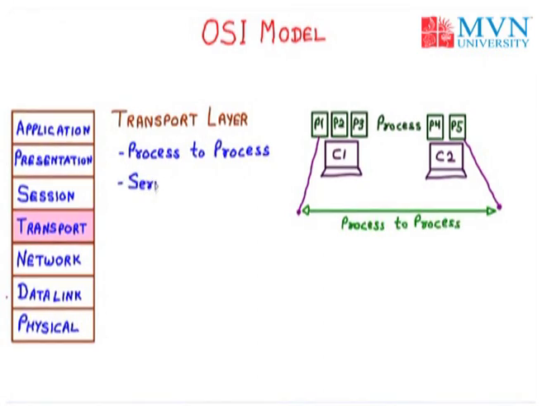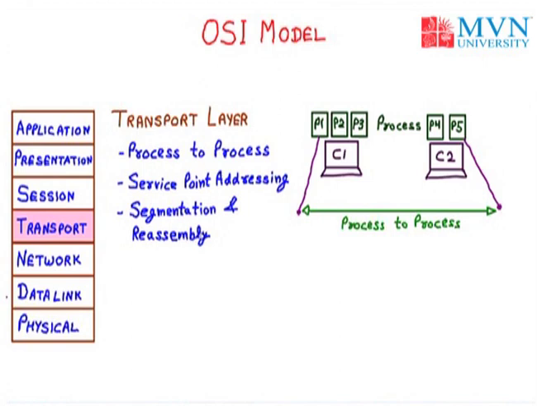The next function of the transport layer is service point addressing. It provides particular services with the help of the transport layer. Then we have segmentation and reassembly, which means the transport layer divides the data into proper segments, and when they are sent to the destination, it reassembles them. Next we have connection control. It controls the particular source to destination connection, which is made by an administrator or maybe the computer. So it is also used for connection control.